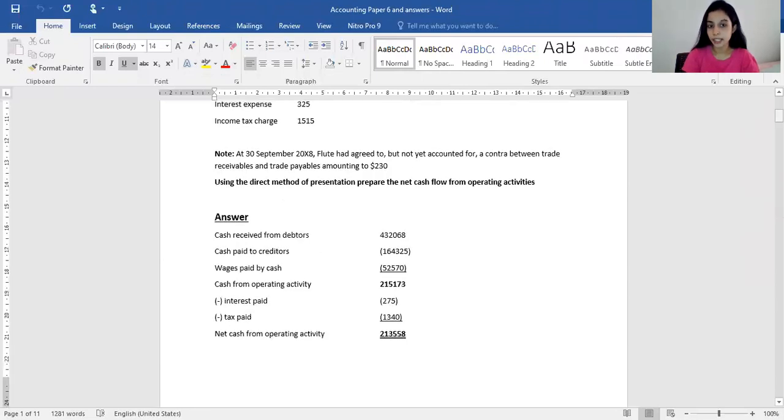Whatever the amount paid in cash only, we are putting it under the statement of cash flows. So this interest paid 275 and tax paid 1340 are the cash paid amounts, not the annual figures which are mentioned under the statement of profit or loss. So balancing off, you will get the net cash